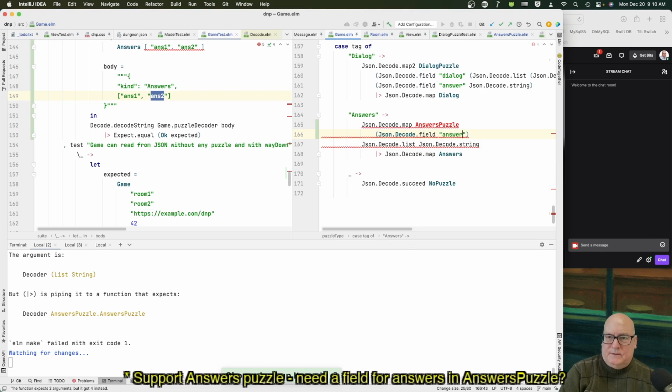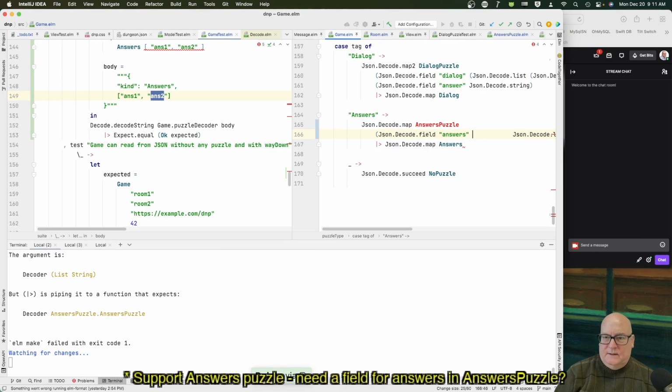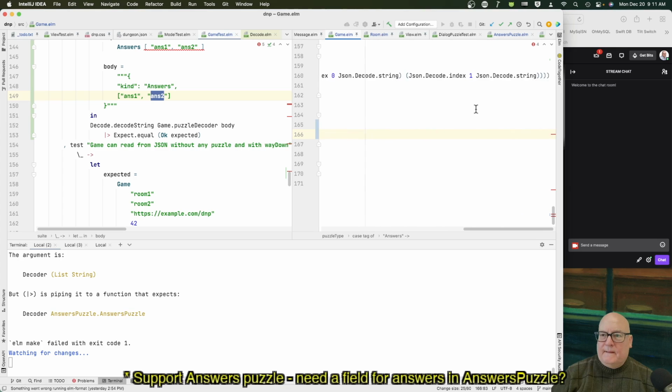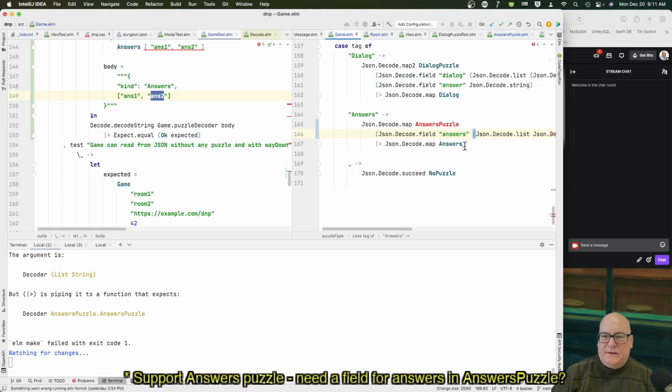JSON.decode.field answers, and its type is JSON.decode.list of string. I think that's the analog there. And then we